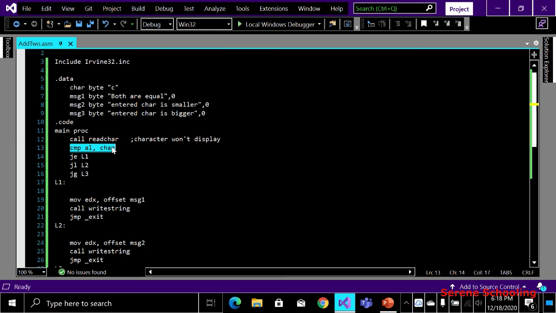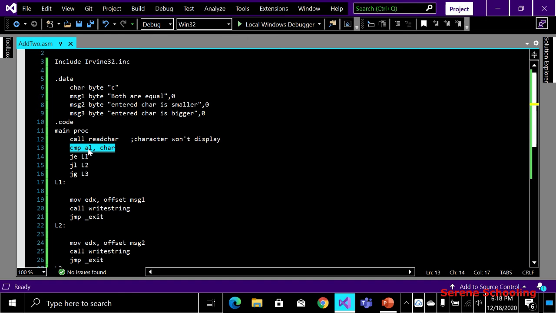Compare AL with char. This char is what? This declared or initialized value, that is C. I am comparing my initialized value C with the value that the user is going to enter.